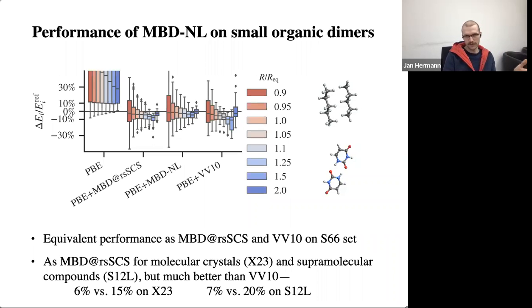So the goal there was simply to not decrease the performance and the accuracy on these kind of systems. Likewise, when you do molecular crystals or supramolecular compounds, we get the same kind of performance as the original many-body dispersion, and we get much better performance than the non-local functional from which we are taking the polarizability